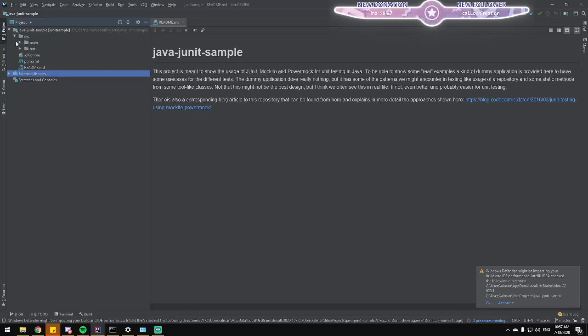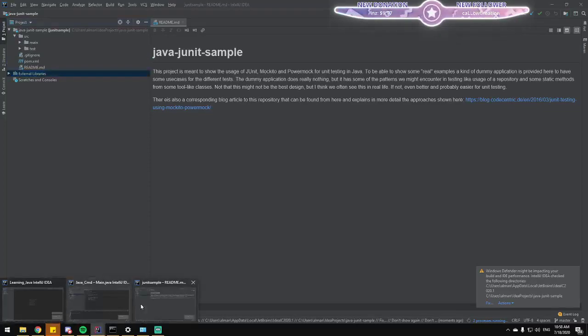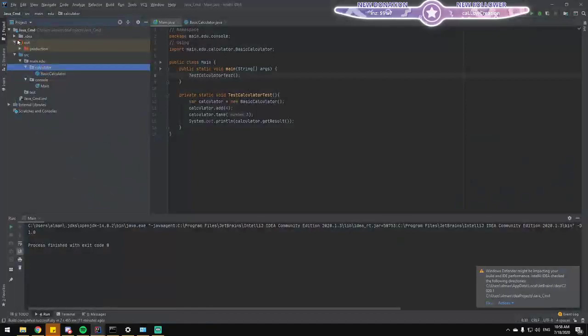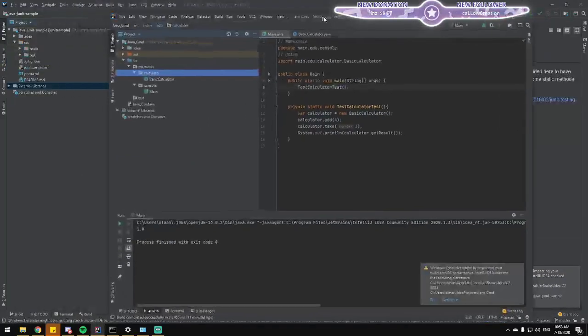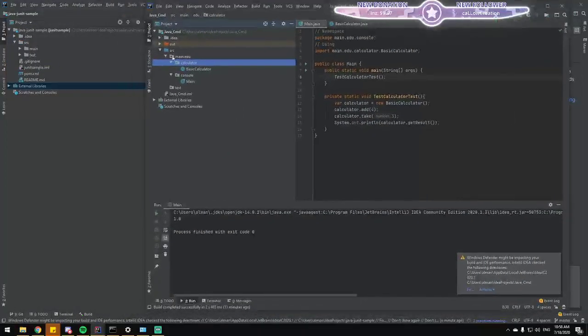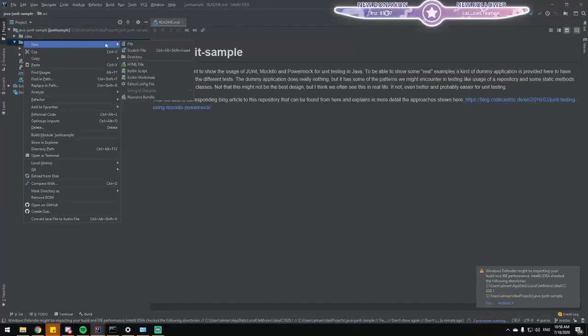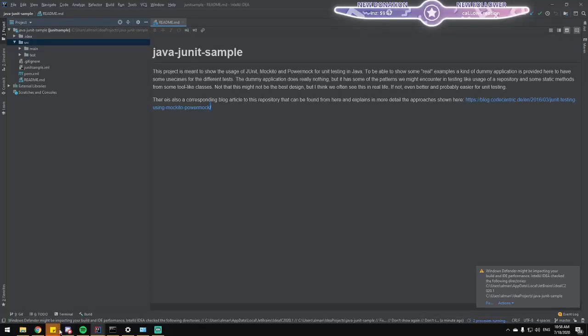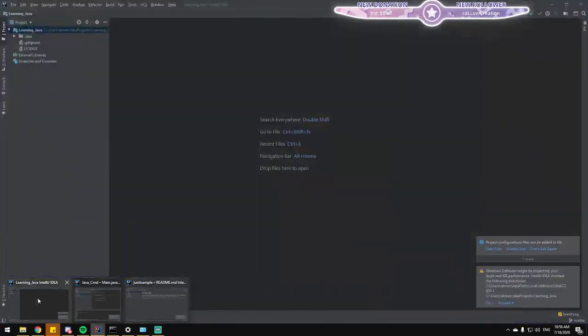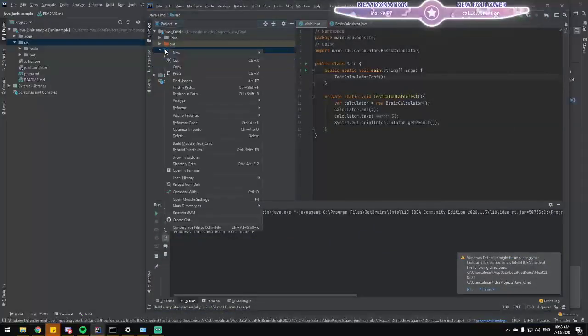Okay. Let's compare it to what I have. So he created a folder. Oh, a folder. Okay, I'm stupid. So I need to create a folder, not a package.